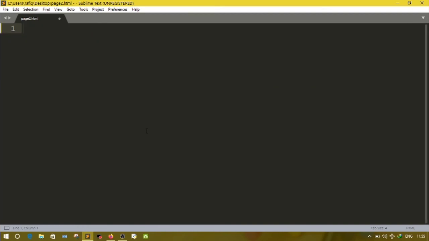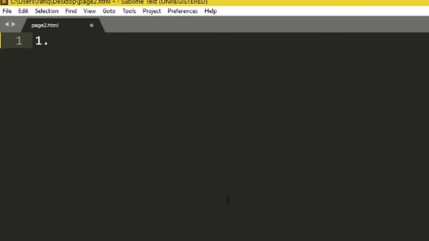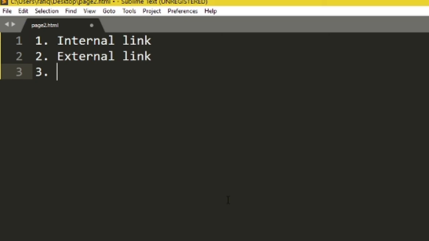Now, different types of links in HTML. In HTML we mainly get these three types of links: internal link, local link and global link.